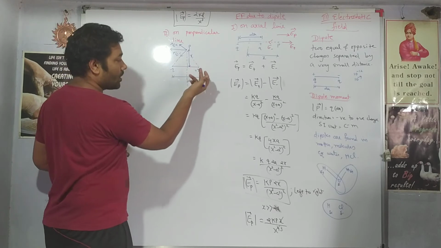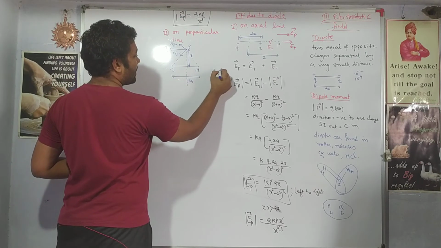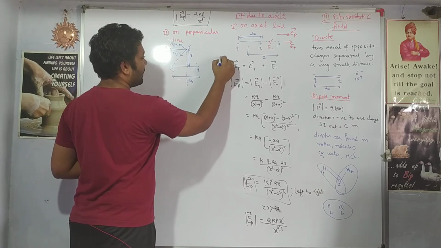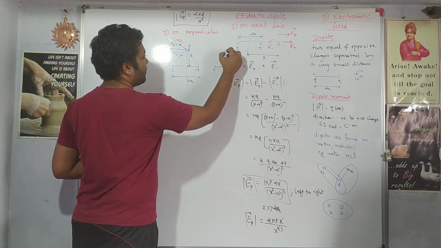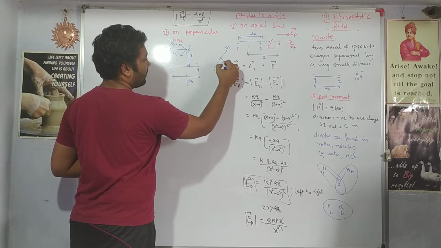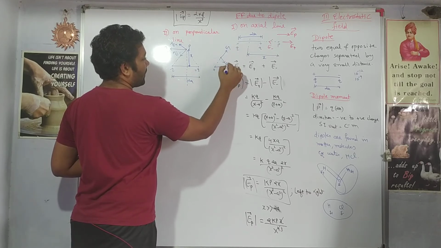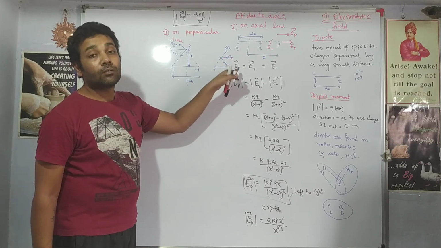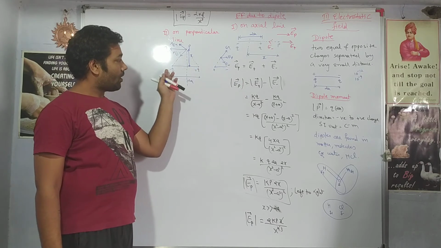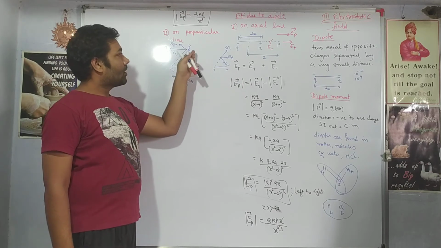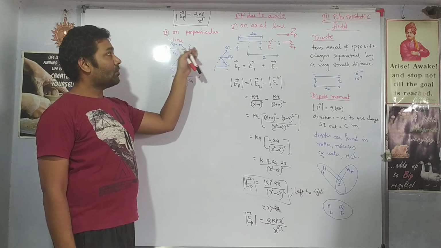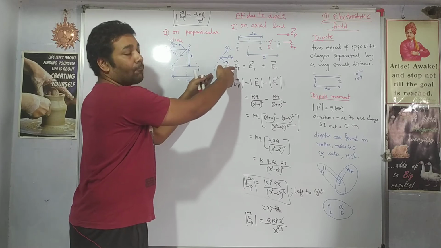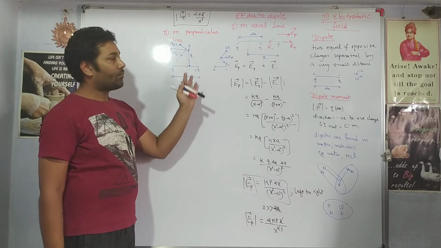If your geometry is reversed, let's say here is positive and here is negative, and you draw the diagram for such an arrangement, then what will it be? For positive it will be here, and for negative it will be in this direction. So the net resultant will be in this direction, from left to right. But as per our diagram, our electric field has a direction from right to left. When asked in an exam, you can do either this way or with this diagram. Calculations are the same for both of them, whichever you draw.